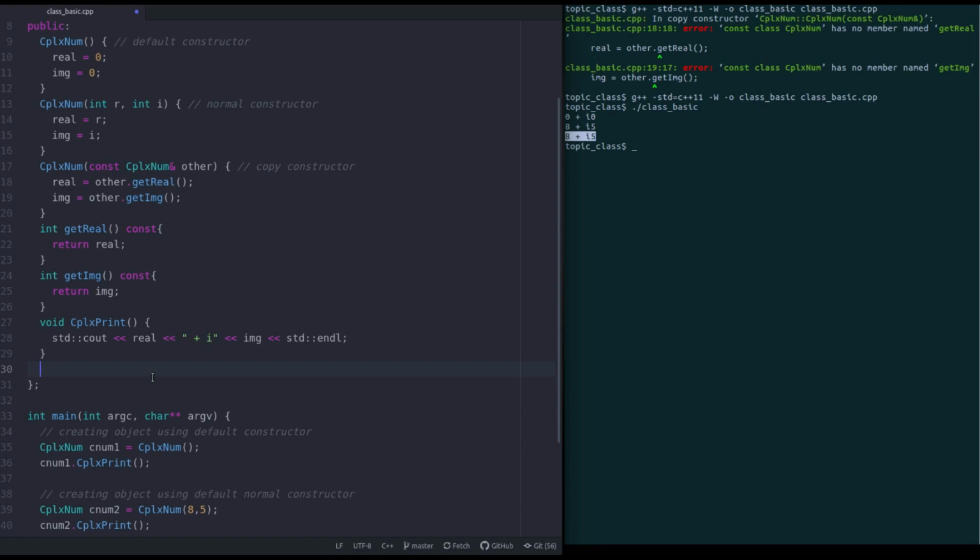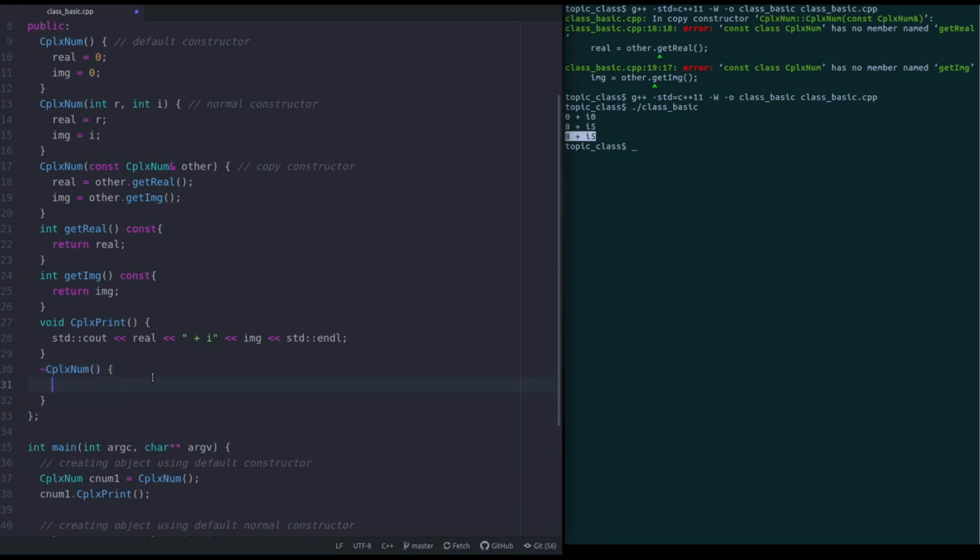In order to create that function, we need to use a specific syntax. We first need to type a tilde, and then the destructor function name, which is again the name of the class, and it takes no input